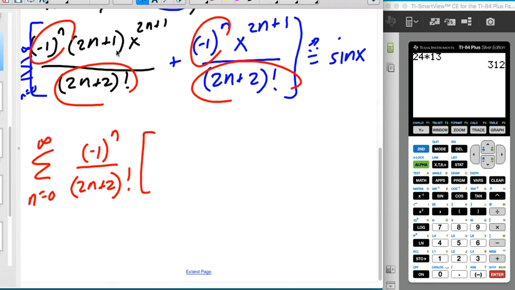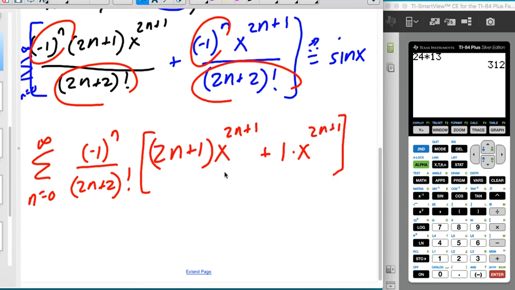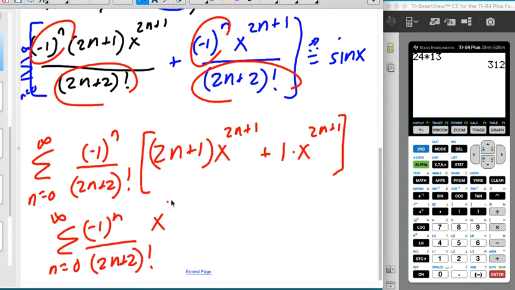When I do that, I have a (2n+1) times this quantity. So I have essentially (2n+1) times x^(2n+1), plus another 1 times an x^(2n+1). Well, I'm going to argue I could actually take out another GCF. I could take out the x^(2n+1). So if I did that, I'd get that this is the sum from n is 0 to infinity of (-1)^n, over (2n+2) factorial, and an x^(2n+1). Because there's definitely a GCF of x^(2n+1). And what's left seems to be